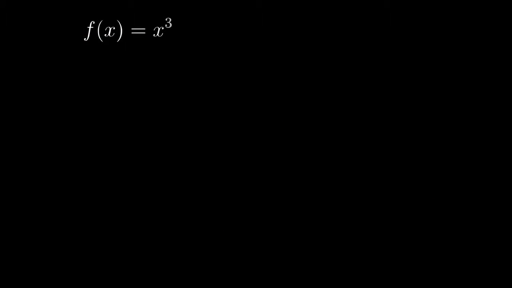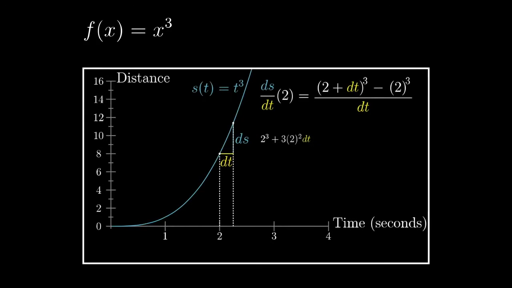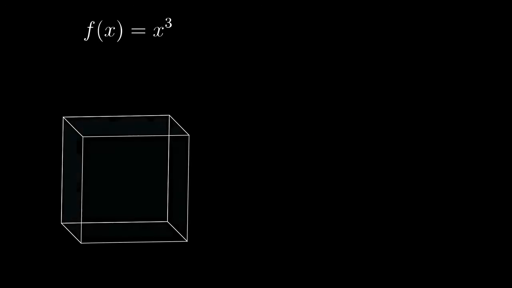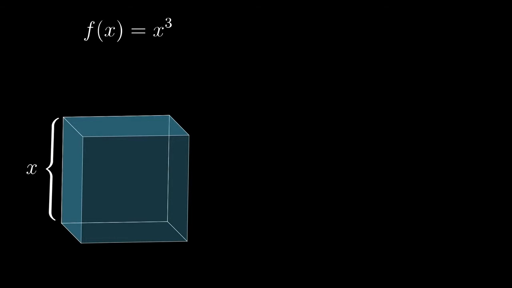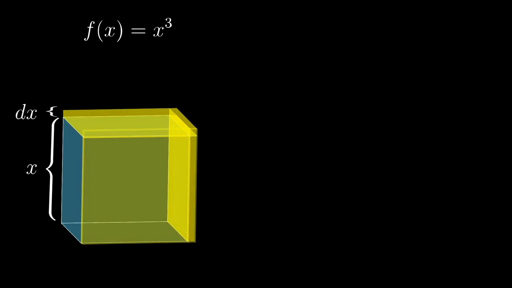Let's go ahead and try a different simple function, f of x equals x cubed. This is going to be the geometric view of the stuff that I went through algebraically in the last video. What's nice here is that we can think of x cubed as the volume of an actual cube, whose side lengths are x. And when you increase x by a tiny nudge, a tiny dx, the resulting increase in volume is what I have here